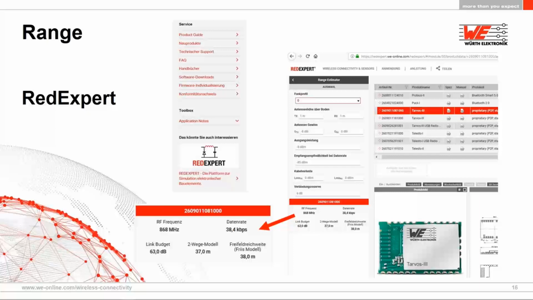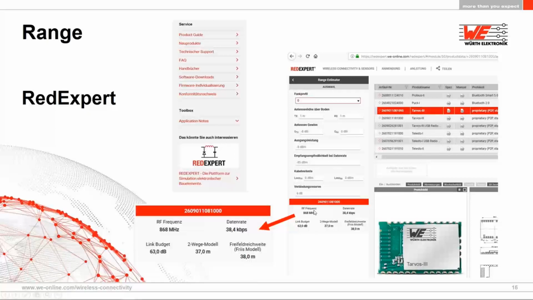Google for Red Expert, and in there you'll find a range estimator. Excellent little tool. What is in here are those two little formulas which we had previously. Enter the TX and RX height, the antenna above ground, the gains and losses, and the output power, and do